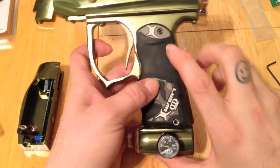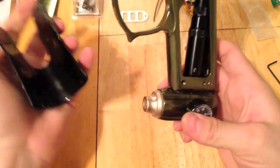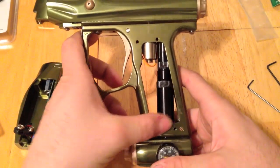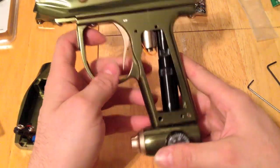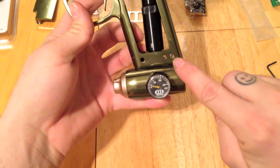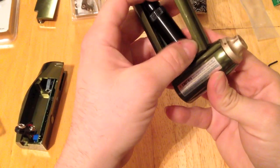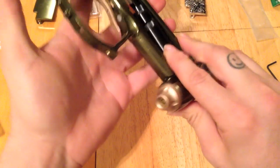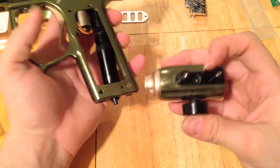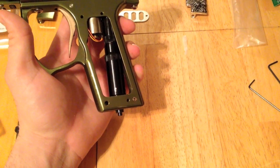And once you get the screws out of the grip, I pulled both of them out of both sides, pull that off. A good time to clean your marker, because it's going to have paint residue underneath there from just playing. And then to get your regulator off, you should only have to undo this screw a little bit, undo the other side, and then it slides right off. Just be careful, you got an O-ring there, just try not to lose that. You should be putting a new one on when you put the new reg on. Set that to the side,